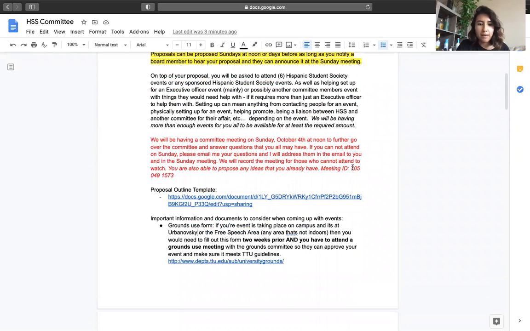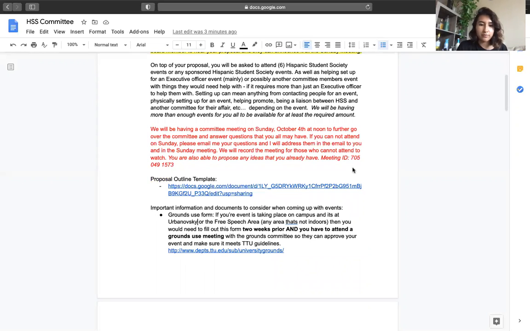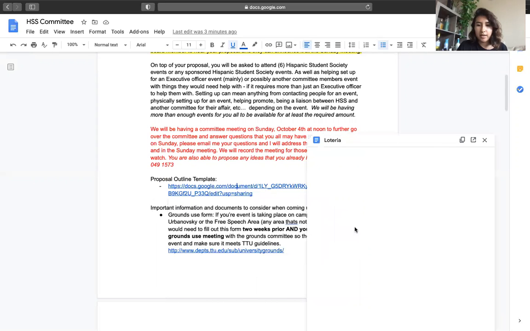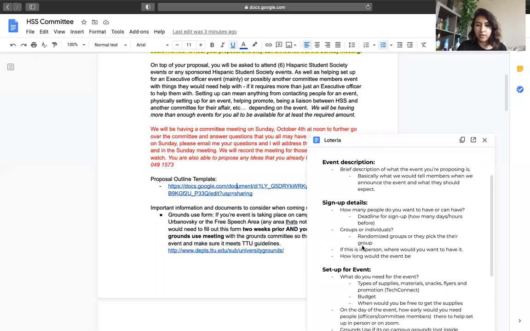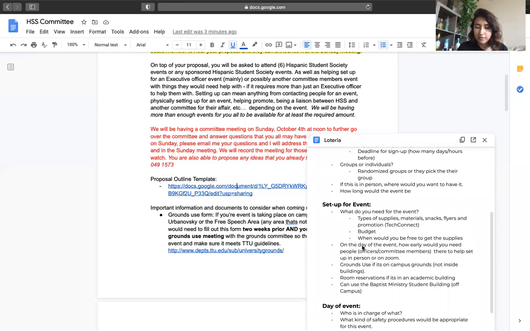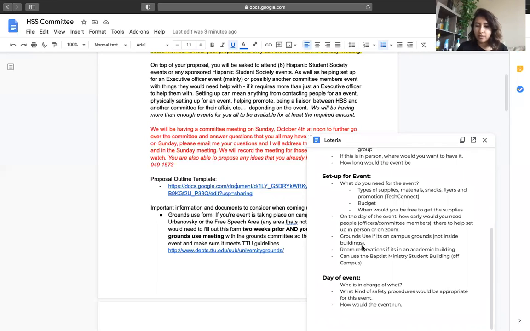Moving on, the question I got this morning was what kind of proposal outline you have to do. So I added a proposal template. You just go here and it'll show you what we want in the proposal: the event description, a brief description of the event you're proposing, sign up details, set up for the event, and what to expect on the day of the event, like who is going to be in charge.